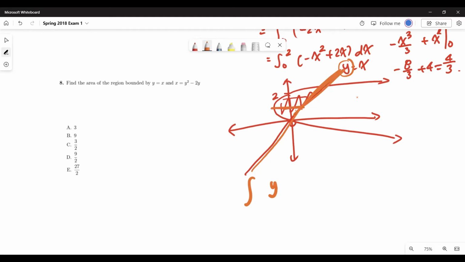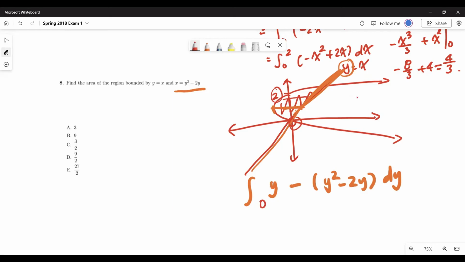And then this one is behind y equals x, so that's going to be the smaller height. So bigger height minus smaller height, which is y squared minus 2y dy. If you draw a graph and you see x equals y squared minus 2y, that possibly means you have to integrate by dy. And it's integrating from 0 to 2 because it's 0 and 2, right? So it's from 0 to